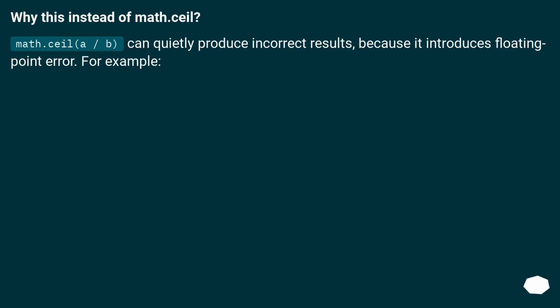Why this instead of math.ceil? math.ceil(a / b) can quietly produce incorrect results, because it introduces floating point error. For example,